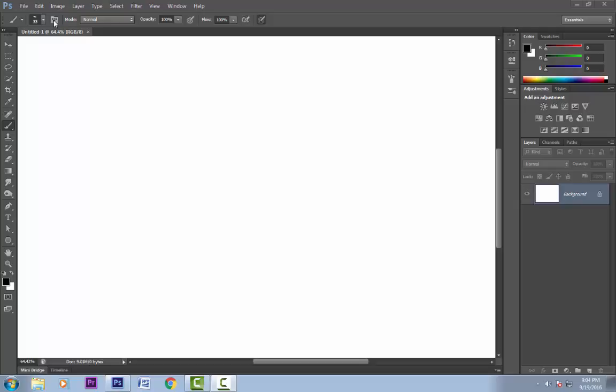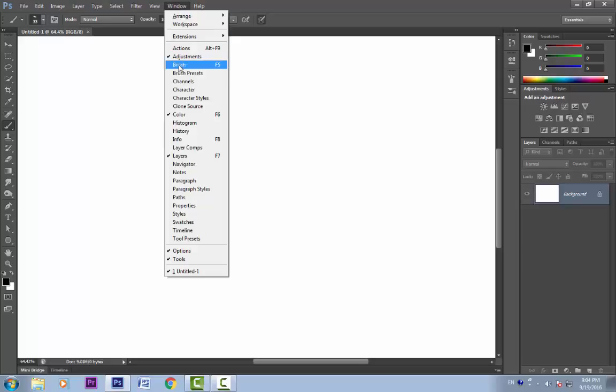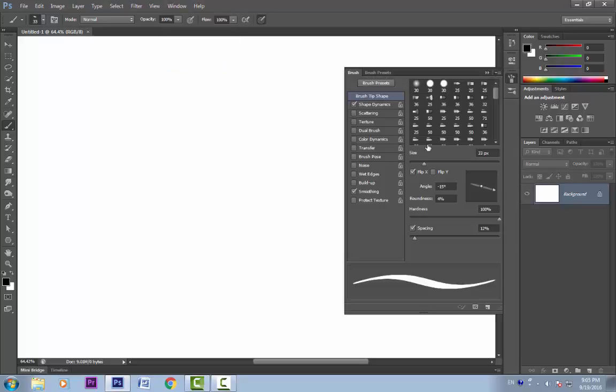But it is impossible to cover every style setting of this panel in one lesson. So I will show you the setup of this panel, how it works and a few of the settings that I use more often. Let's have a look at it. We can open it from here or from Window and Brush. You can see that the shortcut is F5. I use that keyboard shortcut quite often.